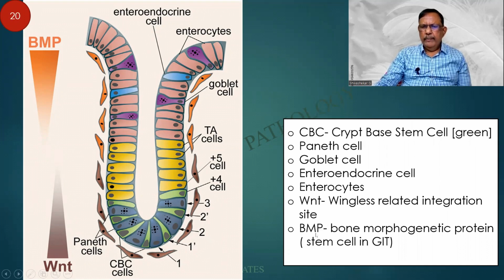Secondly, you find that there is a bone morphogenetic protein, which I did not know what it was. Why should a BMP come in the intestine? In fact, it is considered to be essential for the gastrointestinal tract. So these are the various cells. Have these in mind. In one, I find that there is a gradual decrease in the WNT, wingless related integration site, whereas in another, I find that there is a progressive increase as we go higher.